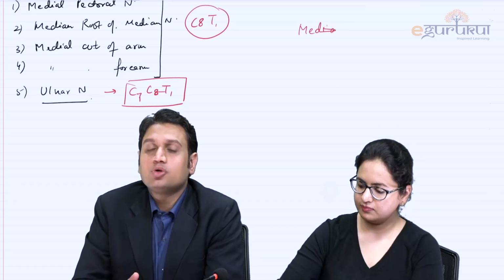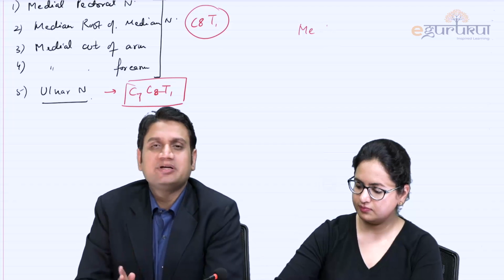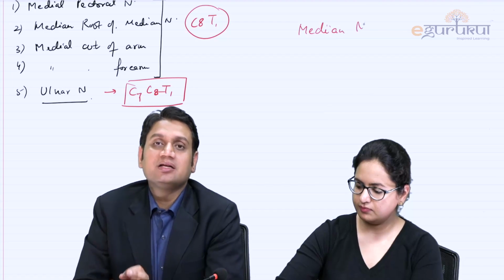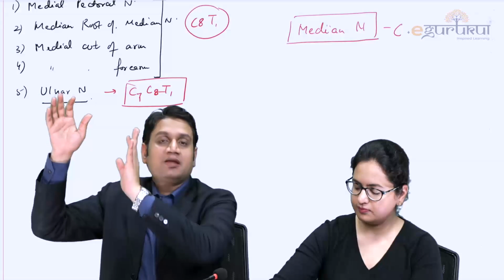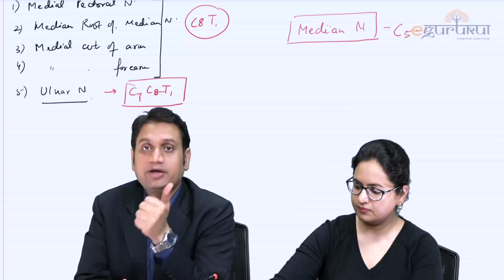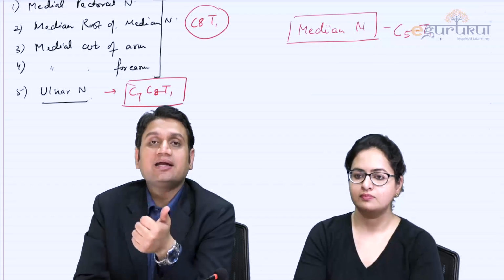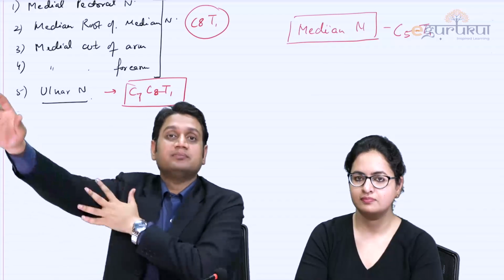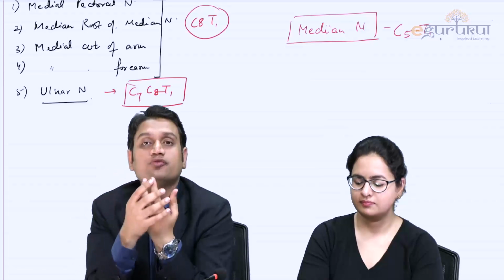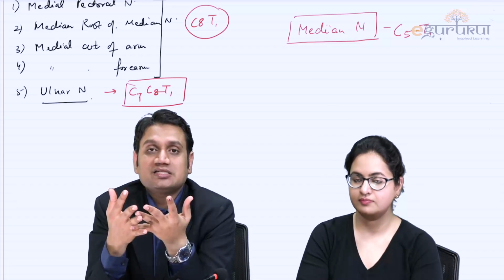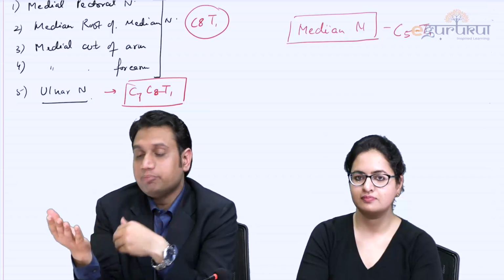One most important thing everybody should remember is that the ulnar and median nerve, these 2 nerves, supply everything in the front of the upper limb. Front means all the flexor compartment, point 1. Second point, ulnar and median don't supply anything in the arm. There is no supply of median and ulnar in the arm. That means when a patient comes to you with some clinical presentation, everything will be seen below the forearm.